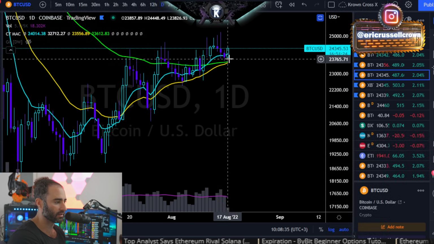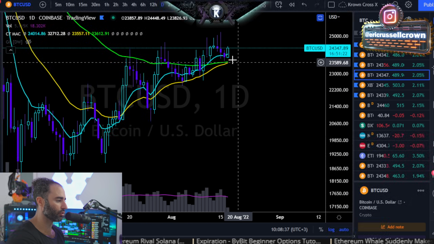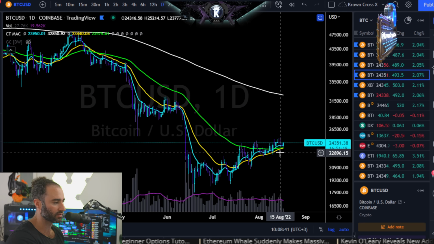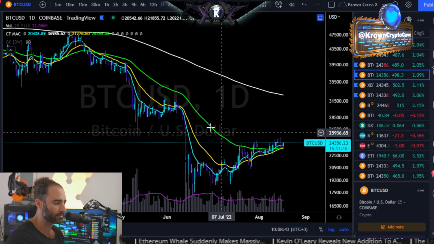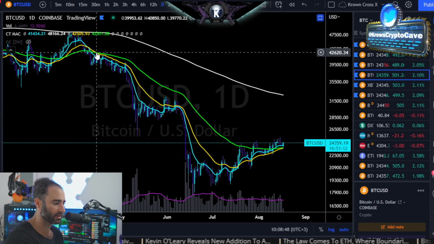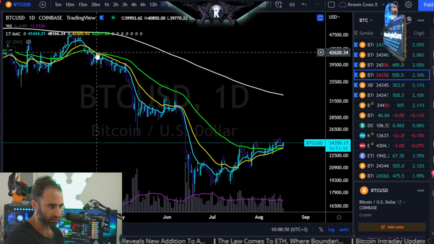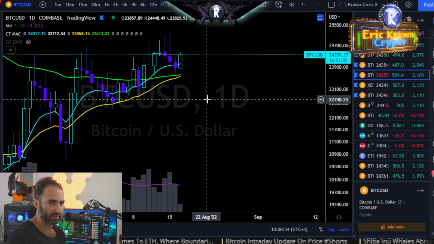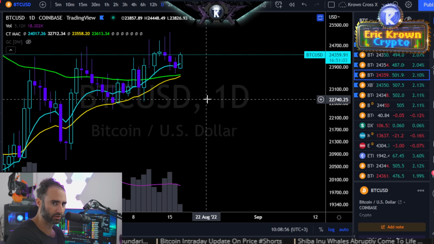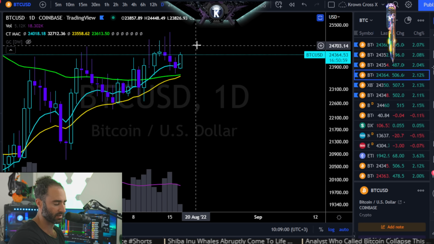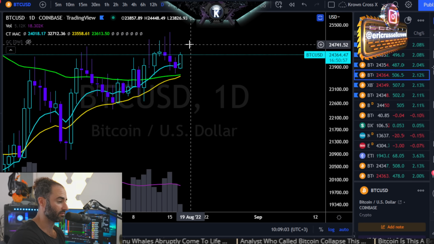You can also see that there is a silver cross brewing right here as well, but I do want to say one thing about the silver cross. Typically, the first silver cross, or any cross for that matter, that is attempted after being a long ways away from it, in this case, the last time that we saw it was over here, usually is a fake out, just for what it's worth. But until we see an actual closure above or below one of those regions, or we see that volatility expansion play officially confirmed, I'm just waiting is what I'm doing.